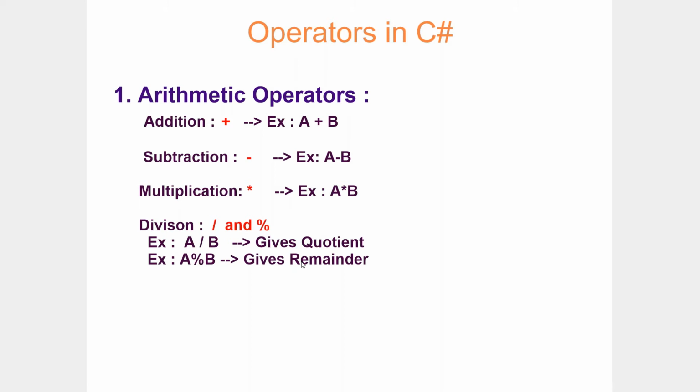Let's say the best example is, if I ask you to find out an even or odd number, how do you decide whether that number is even or odd? So in order to decide the nature of the number, what has to be done? You have to divide the number with 2 and check its remainder. So in this operation, you don't require quotient. The final result is going to be decided based on the remainder of the operation, right? So to decide whether the number is even or odd, you have to divide that number with 2 and check its remainder.